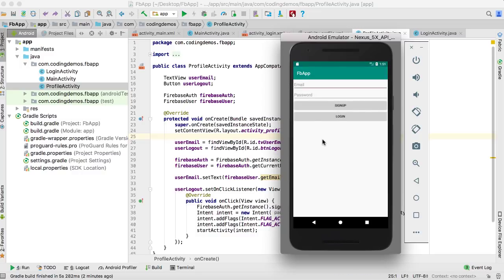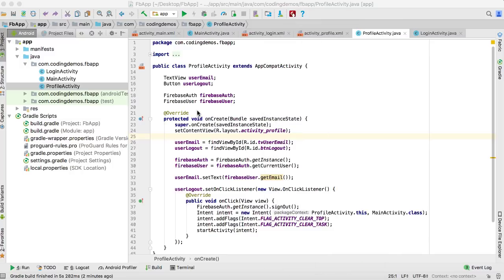now we don't want the app to direct us back to the main page, because the user we have actually logged in before and we didn't sign out. So instead of directing us to the main page, asking us to log in or sign up, we need the app to send us back to the profile page. So to fix this, all you have to do is go back to the code, and then we need to